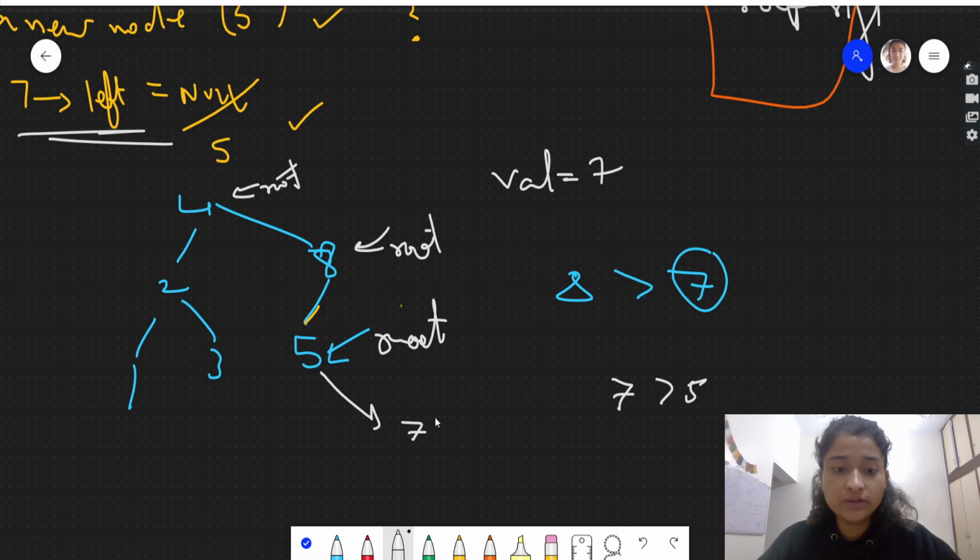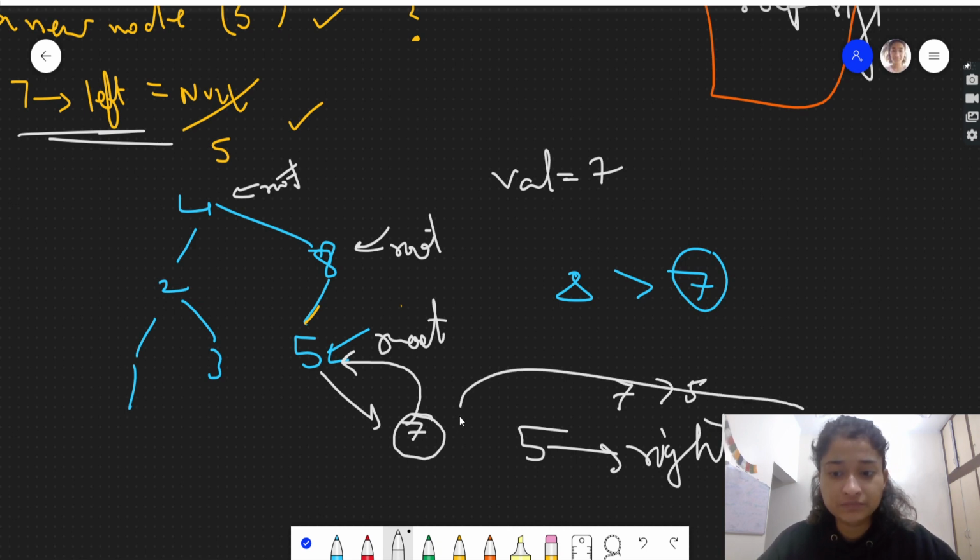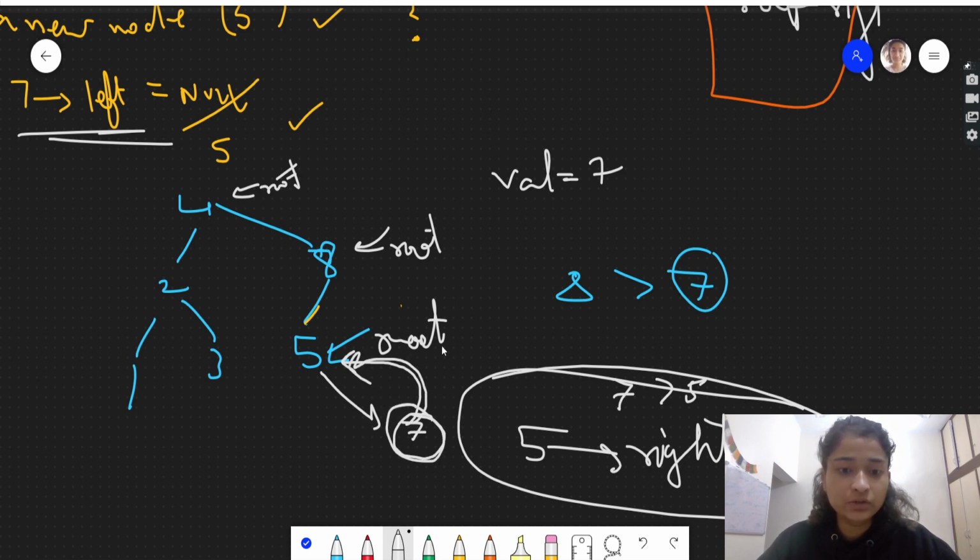So over here what we will do, we will make a new node and we will return its value, and we will add it into the right of 5's right. We will add 7. So this is how we do. So we will make a new node. We will return its address. So over here recursive call will be done. The result of the recursive call will be the address of the 7, which we will store in the root's